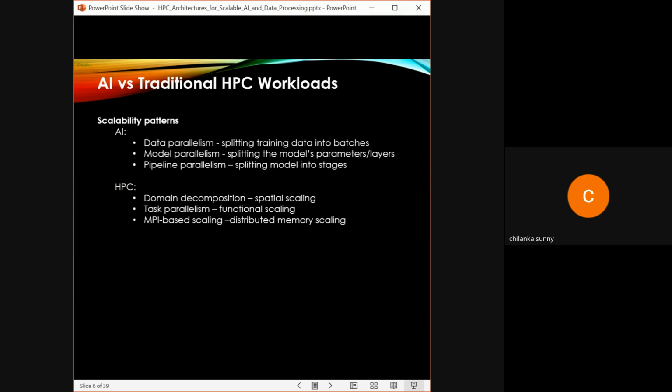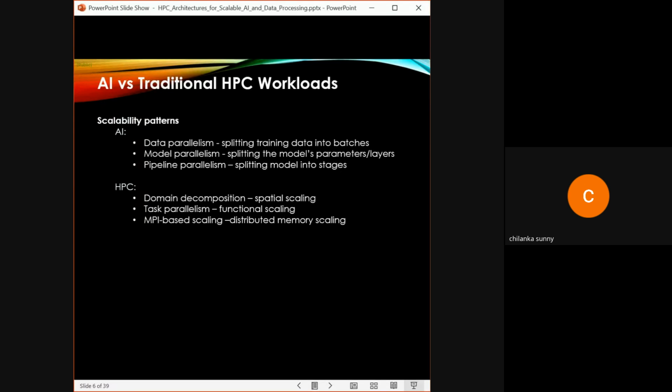Coming to model parallelism, when the model is too large to fit on a single GPU or a processing unit, we will split that into different parts. Let's say the layers, or even subsets of layers of weights, are split across multiple devices. And each processing unit will handle a portion of the forward and backward pass. It is like a car assembly line where one team makes the engine, another makes the chassis, and another will be installing the electronics, but together they are building a full car. It's just the same way. And the use case is in very large neural networks like GPT-3 or 4 with hundreds of billions of